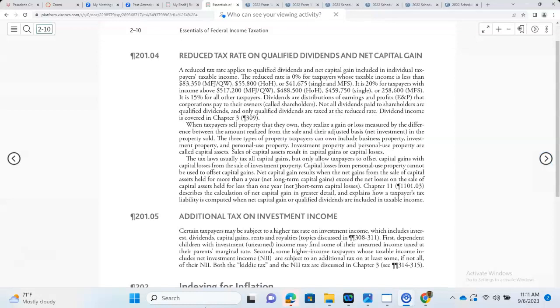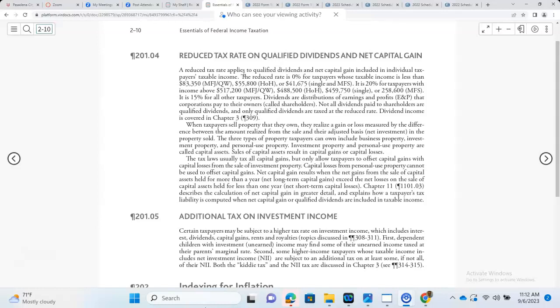Anyway, so let's talk about it. Reduced tax rate on qualified dividend and net capital gain. Yeah, so there is a little bit lower tax for qualified dividend and net capital gain. It depends if it's short-term gain or long-term gain. Short-term gain has the normal tax bracket that you have to pay taxes on, but long-term capital gain means you have either